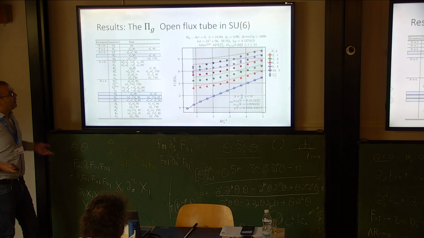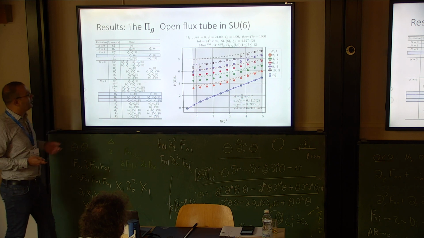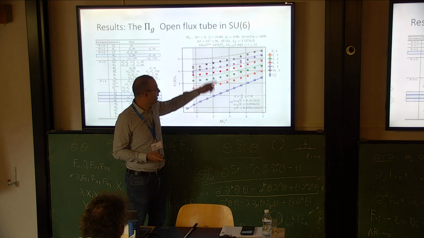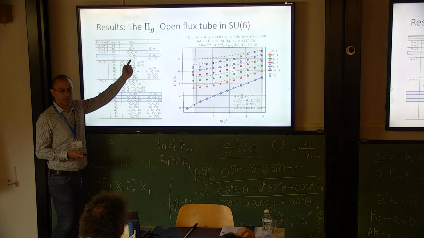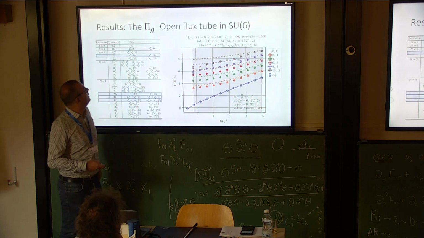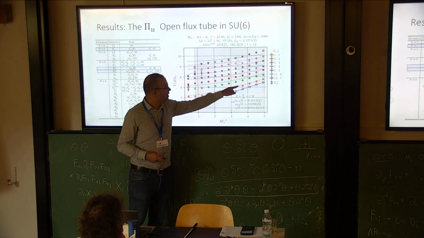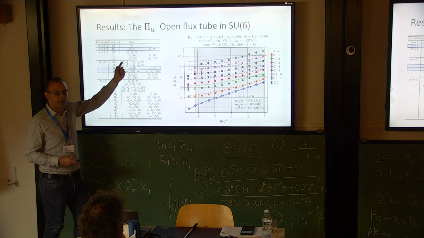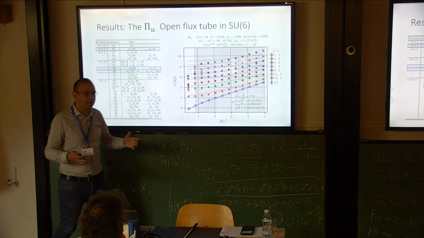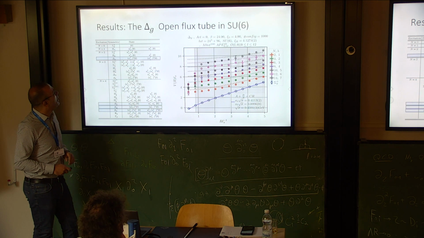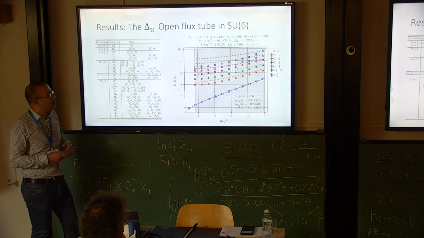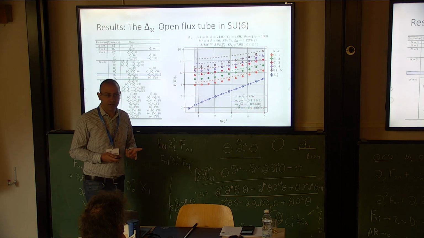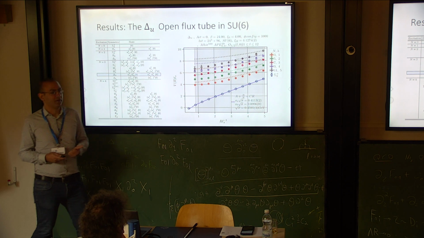Good. The rest is just similar plots where you can see again the determination of the spectrum. Here we get smaller deviations from Lamb-Bogotto, mainly because we just have one phonon on the state. Here we actually get nearly zero deviations from Lamb-Bogotto. We just have one state with one phonon. It's quite similar to what we observe in the closed flux tube. This is the delta, and we get a similar behavior, and this is the delta U. Again, we get a similar behavior. What is missing here is an effective string theory capable of providing good results for the open flux tube.